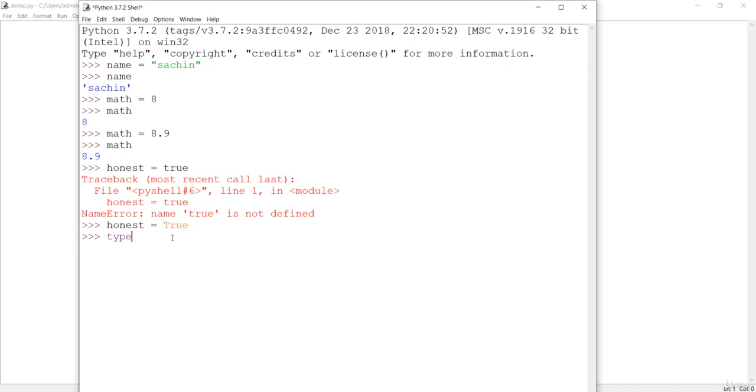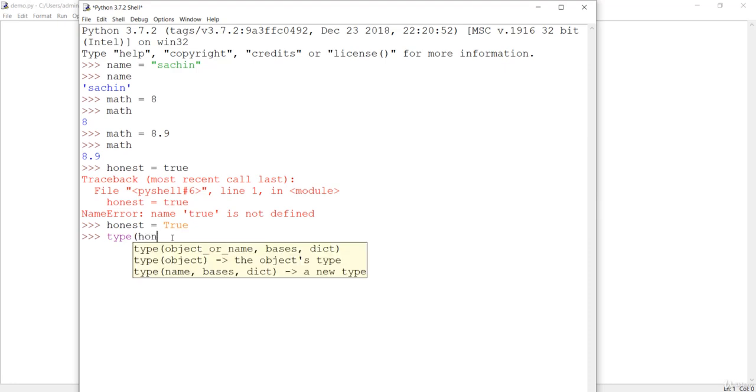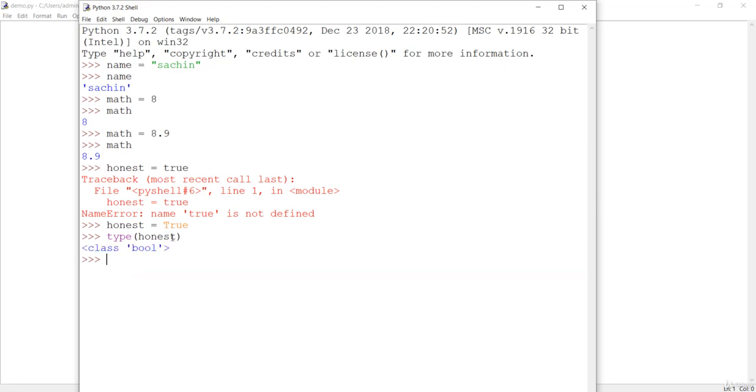If you want to see the class or the type of honest, it will show us bool, which means this is a boolean. If you want to see the type of math, which is obviously a float, and if I say type of math, it will show us float.